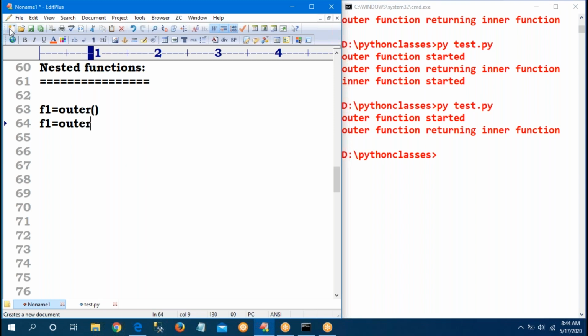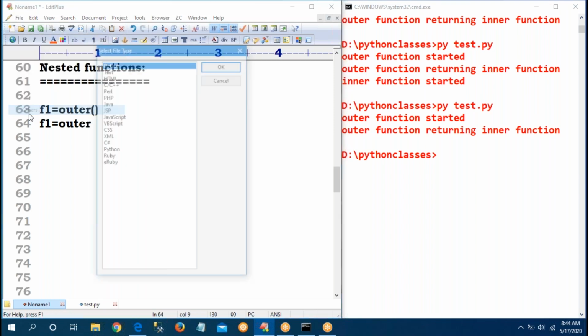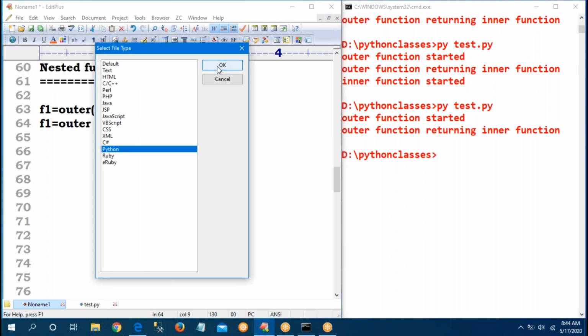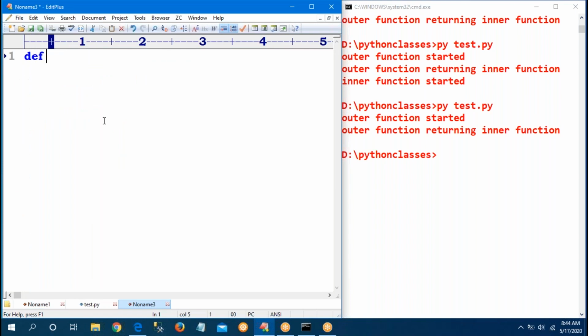Sir, I will take one more Python file. A small example I will explain. Observe carefully. Sir, def wish, print: Hello. Good morning. Happy Sunday. Okay. Perfect.